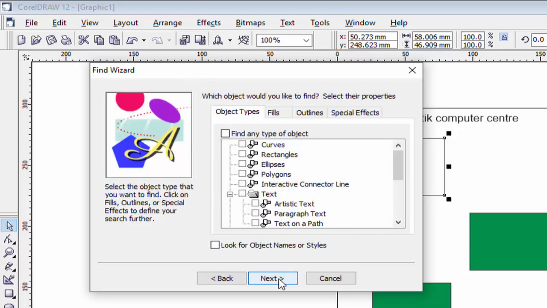Click next. Here it will ask you which object you want to find: curve, rectangle, ellipse, polygon or any text. So I select ellipse. I want to find ellipse. Click on next.